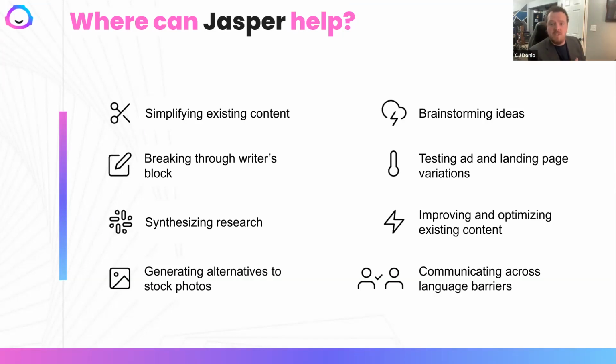You can also synthesize research. So you could pop in a bunch of content. We'll look at our content summarizer super briefly, but you basically drop in 12,000 characters and say, okay, give me 4 bullet points that tell me what this text is about. You can also improve and optimize existing content. So I kind of think of this as the refresh. I had a customer who wrote 2,400 articles on their website, and there's some really good stuff there, but they're several years old now. You can take that content, have him change it, add some updated information, and now you've got a great update for your blog post.